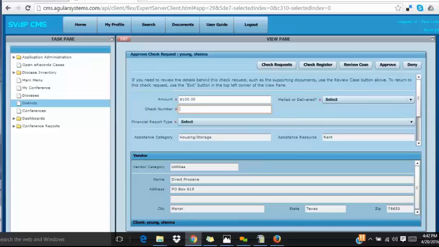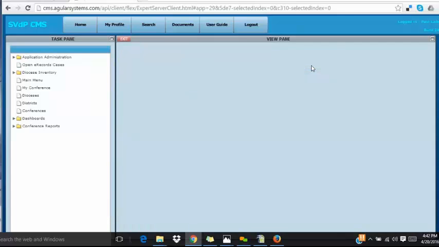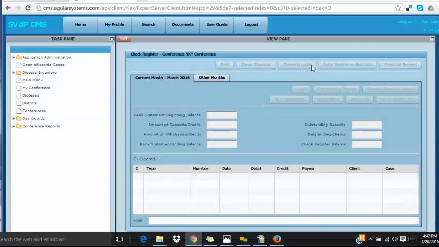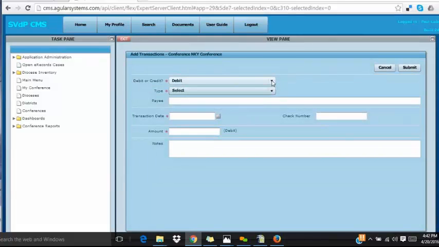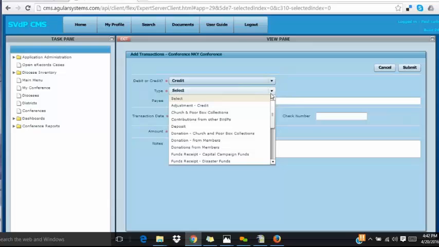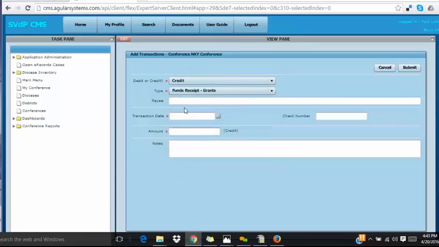If you want to track that in your check register, what conferences do is they make a line item to make a deposit, a fund deposit. Like, let's take a look at this. You might not be enthusiastic about it, but it's the way we can do it. And I'm not trying to be fast and cute. There's only so much money you can spend on building a system like this in the beginning and license it. So what you do is a fund receipt for grants, and you type in